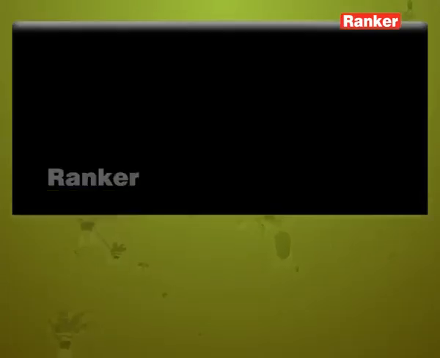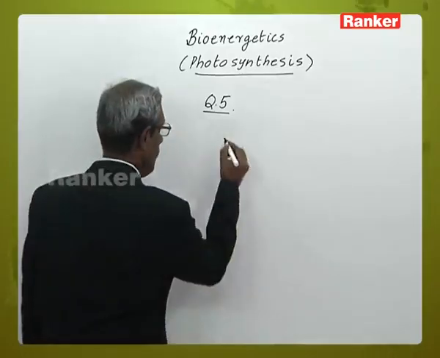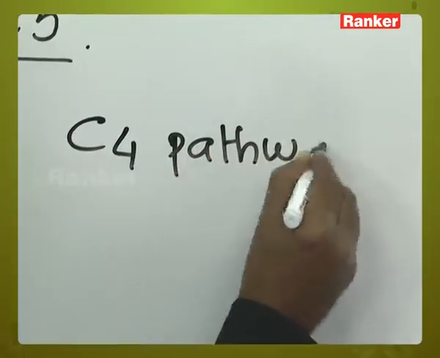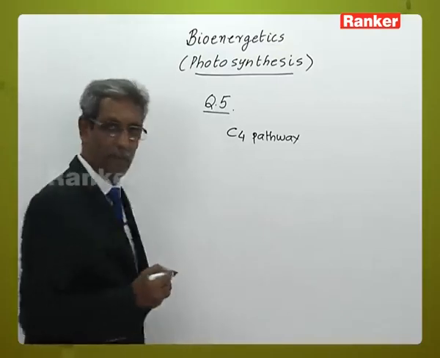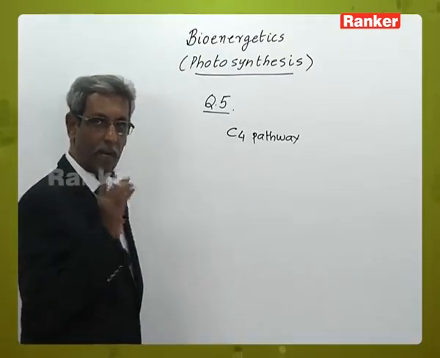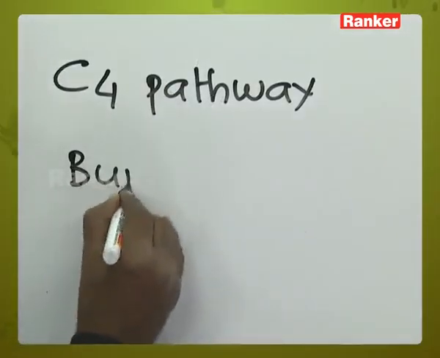Question number 5. In C4 plants, agranal chloroplasts are found in A. Chloroplasts of guard cells, B. Epidermal cells of green stem, C. Bundle sheath cells, D. Mesophyll cells. Now, if you take the C4 pathway, as you understand, the C4 pathway occurs in association between the bundle sheath cells and the mesophyll cells. So, if you take the bundle sheaths,